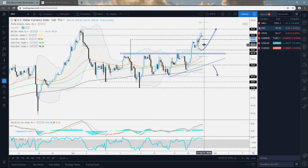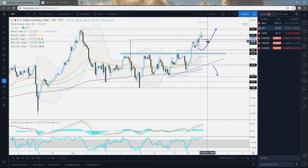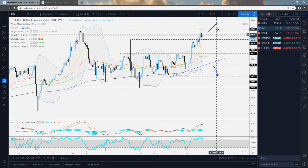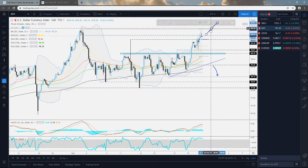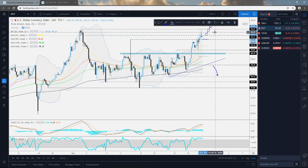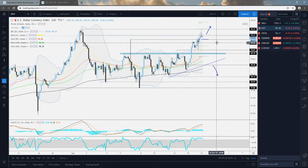You can see that the pair is already trying to kind of make its way up here. It still needs to overcome this 9.21 barrier. It remains currently above its pivot point, which could be seen as a positive. So in a way, for now, guys, yes, we will aim for higher levels, but if we get a nice good push above the 9.21 zone here, in a way, for now, it could come in line with the whole DXY strength here,